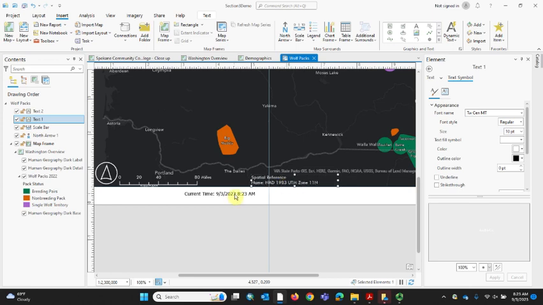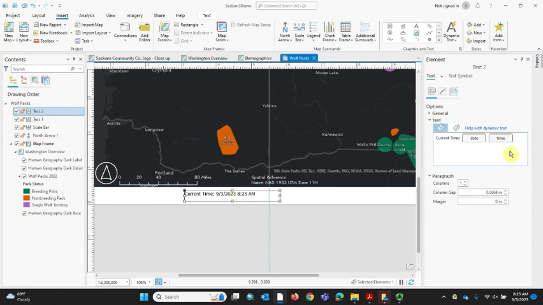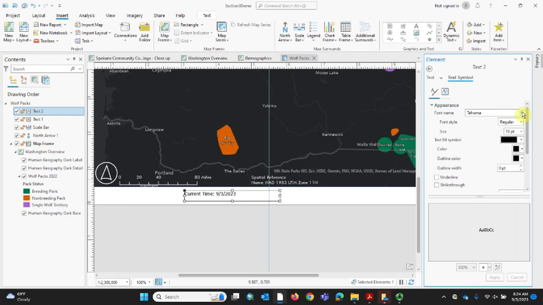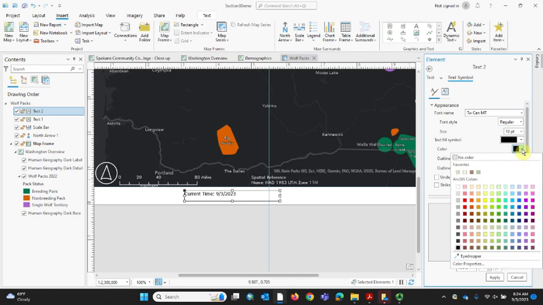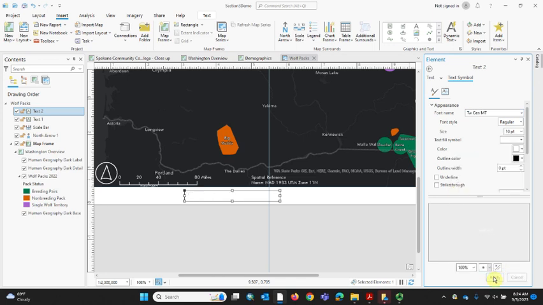Then the current time, let's go ahead and get rid of the time because we want the date. And it still says current time, but oh well. I'll show you an alternative to this process in a minute. And then let's make that text symbol, instead of Tahoma, 2SYN-MT, and let's make it white. All right, now we can't see it because it's white, but if we move it onto the map, it becomes